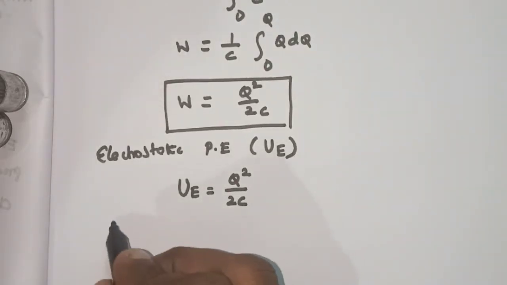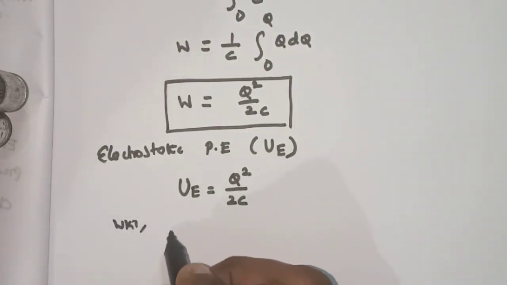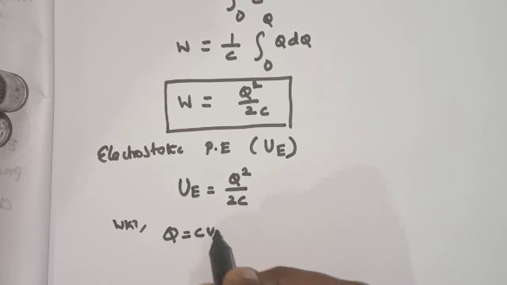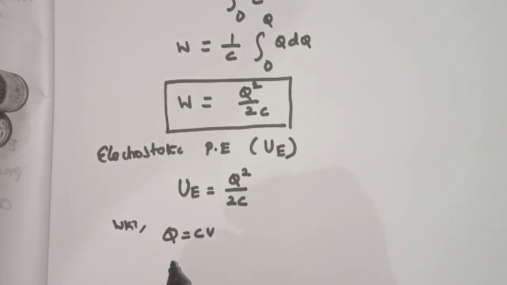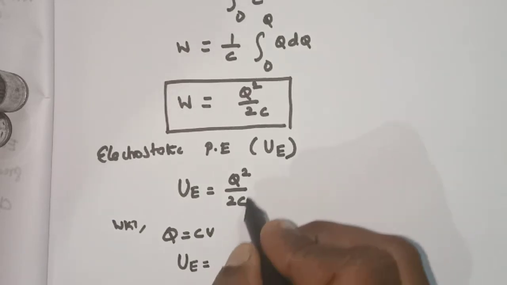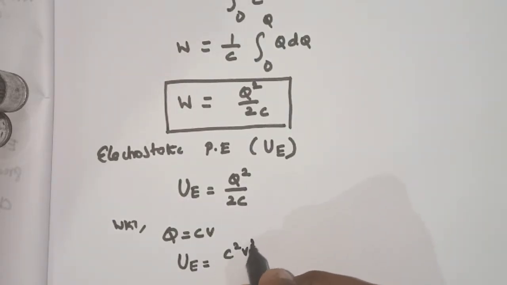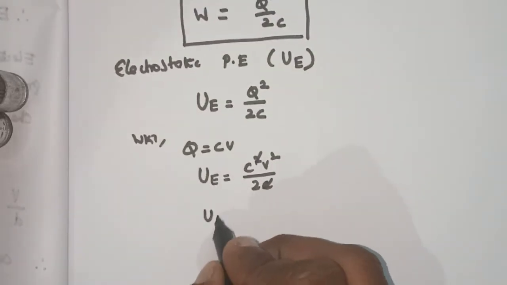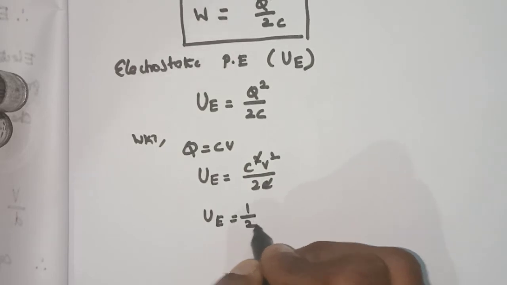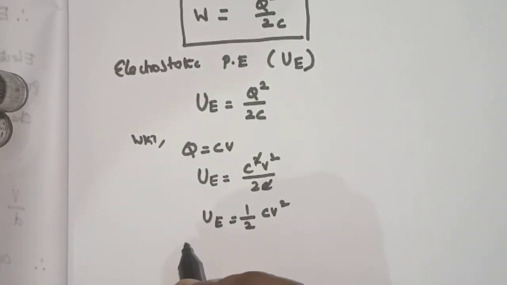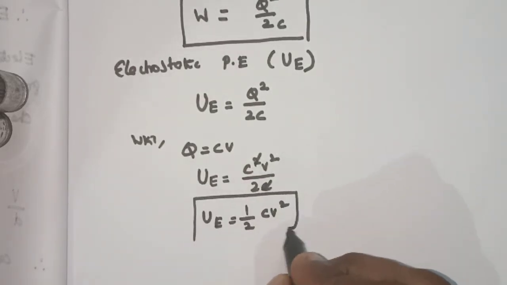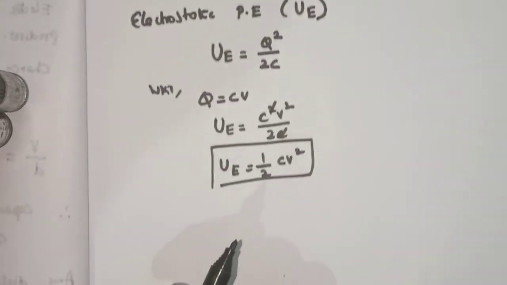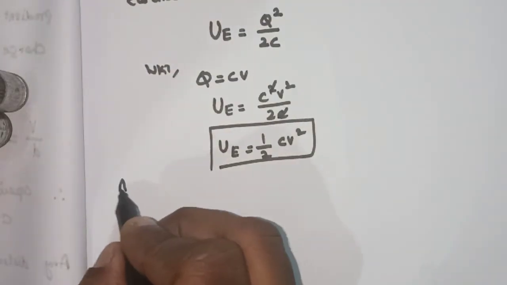We know that q equal to CV. So I am going to substitute here UE equal to C square V square divided by 2C. So when C is cancelled, therefore UE equal to half CV square. Okay, also